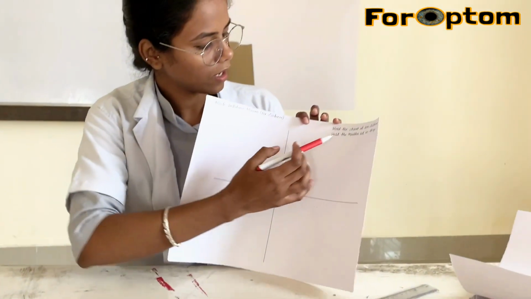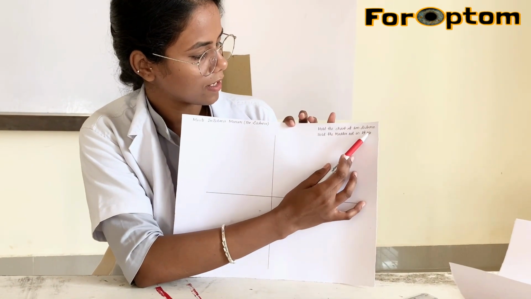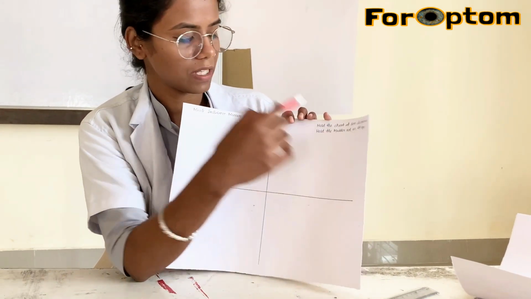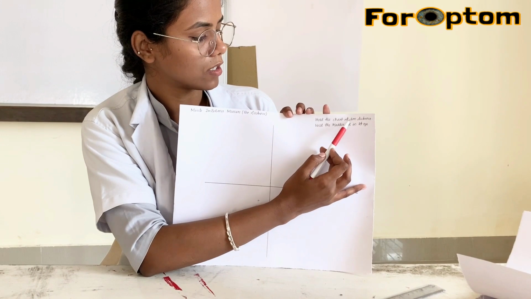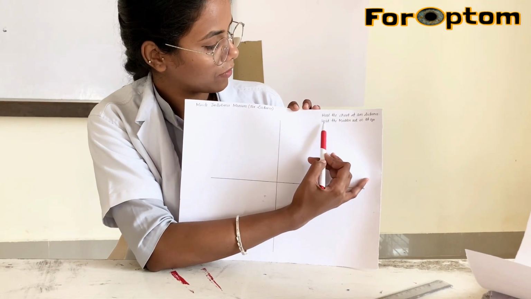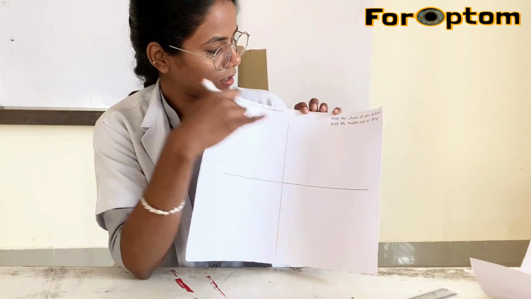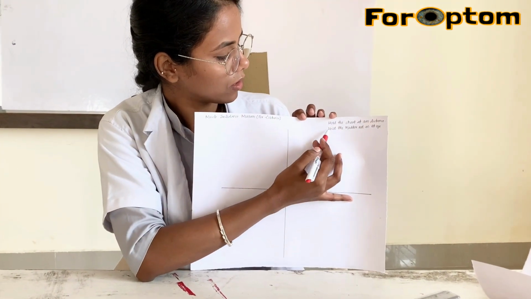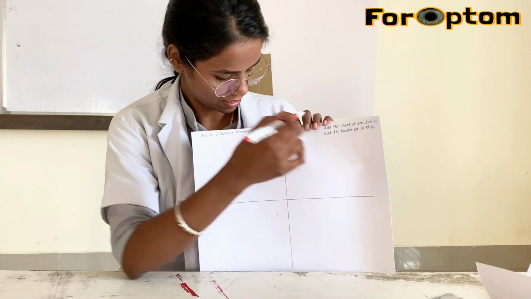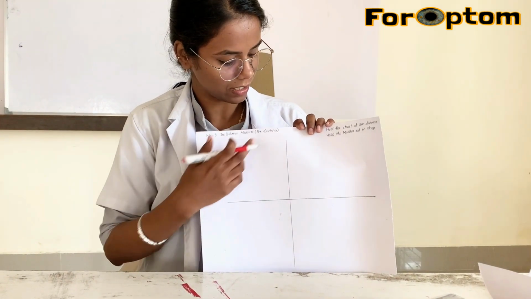As you can see, I have written here 3 meter distance. If the measurement is not in meters, then you can consider it as 10 feet. And I have written that this chart is for the right eye. So I have written to hold the Maddox rod in the right eye, and this is for distance. So I have mentioned here distance.